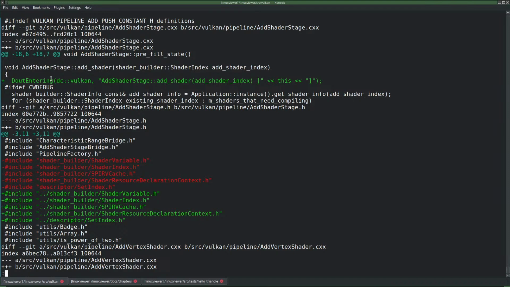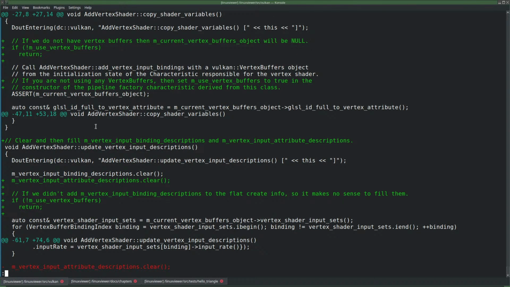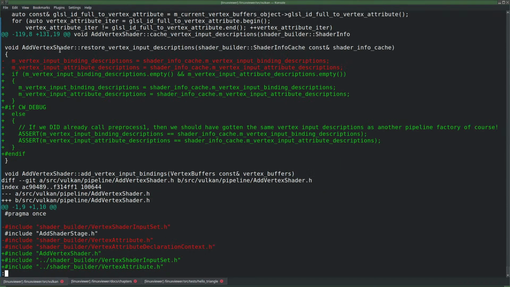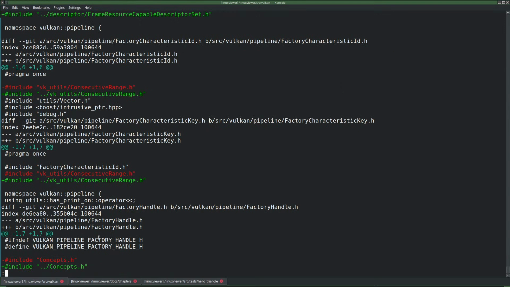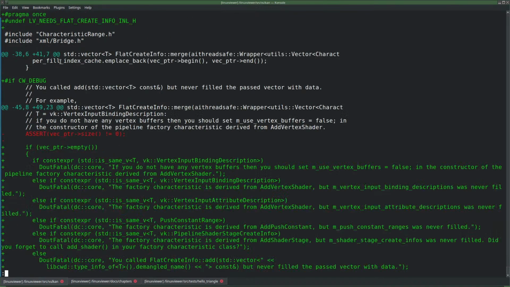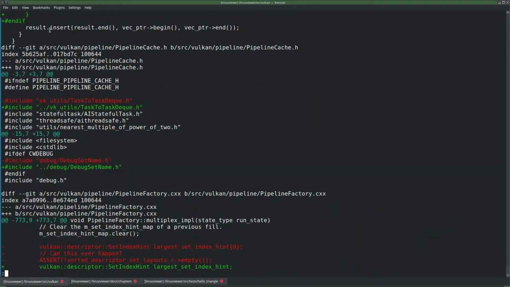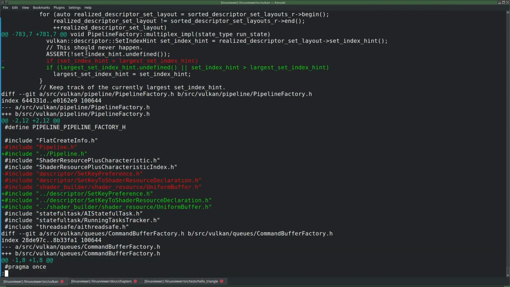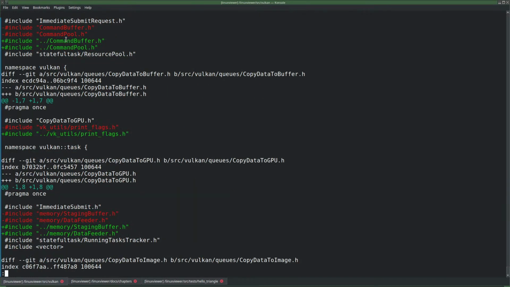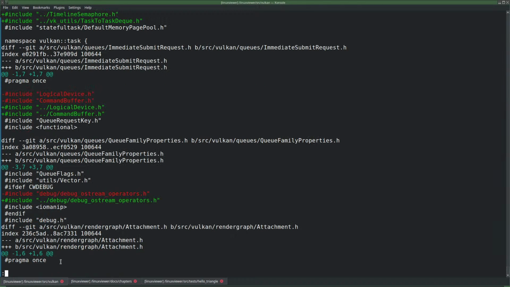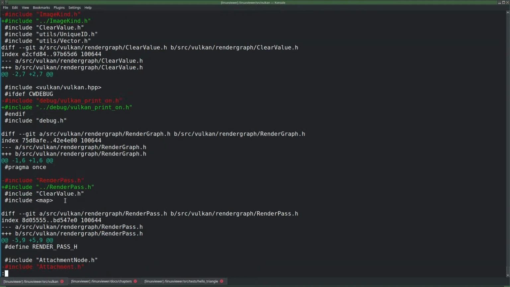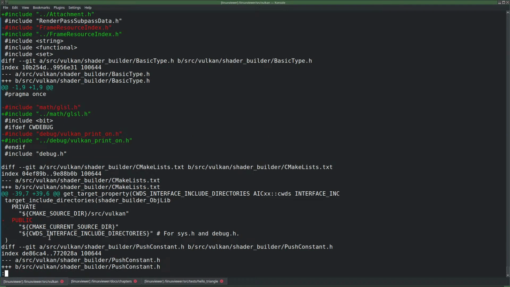The art entering debug output. That's from yesterday. There's another one.